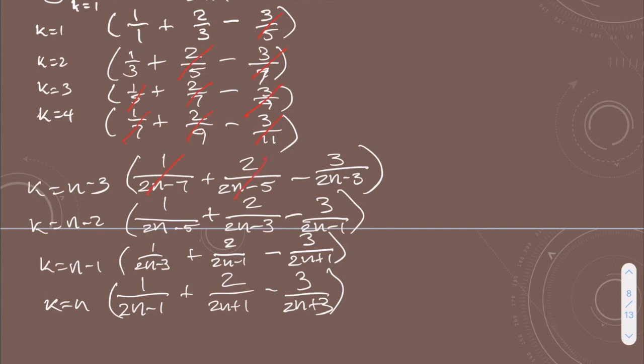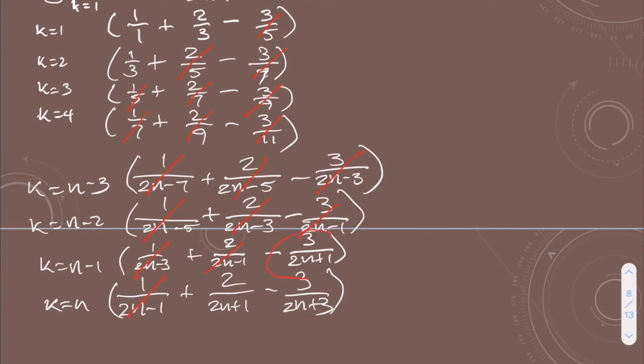And then you can see that it happens when we have k equal to n minus 3, n minus 2, n minus 1, and when k is equal to n. So that the 3 over 2n minus 3 takes care of the 2 over 2n minus 3 plus 1 over 2n minus 3. And you can see that trend happening. And so when we let everything go that we know is going to go away, what we have left now